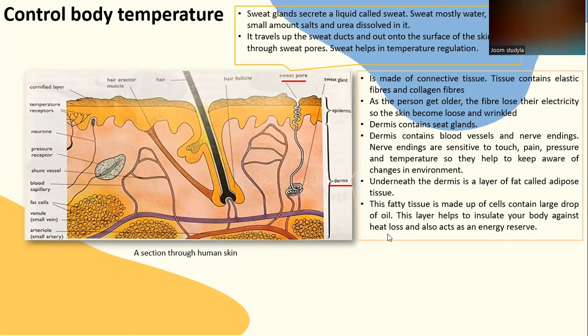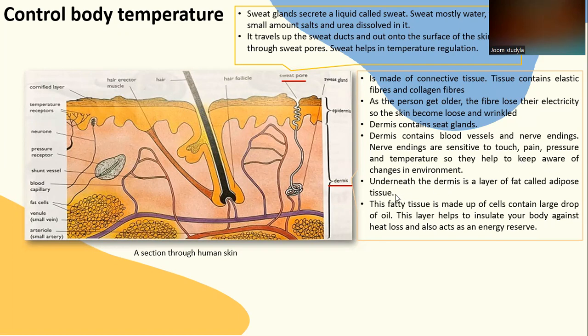Control of body temperature. Let's look at how the dermis tries to control body temperature. Dermis is made of connective tissue. The tissue contains elastic fiber and collagen fiber. As a person gets older, the fibers lose their elasticity, so the skin becomes loose and wrinkled. Dermis contains sweat glands. Dermis contains blood vessels and nerve endings. Nerve endings are sensitive to touch, pain, pressure, and temperature, so they help to keep us aware of changes in the